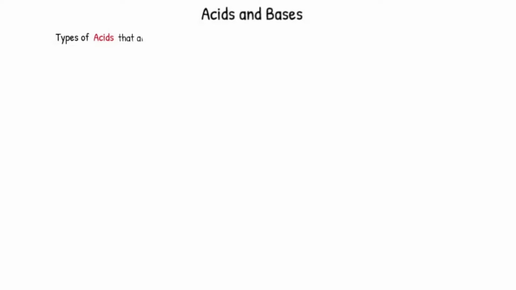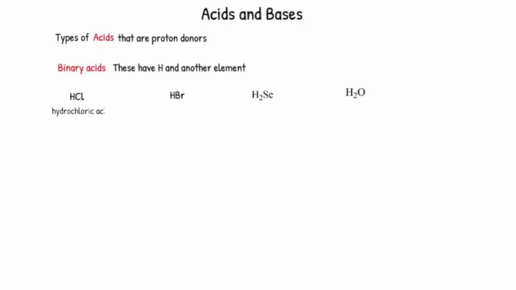Types of acids that are proton donors. There are binary acids. These have hydrogen and another element. Here are some examples of these binary acids. HCl is hydrochloric acid, HBr is hydrobromic acid, H2Se is hydroselenic acid, and H2O, you know as water, would also